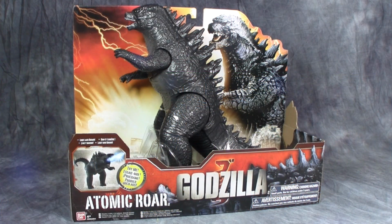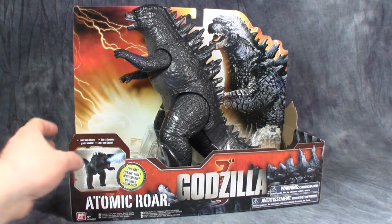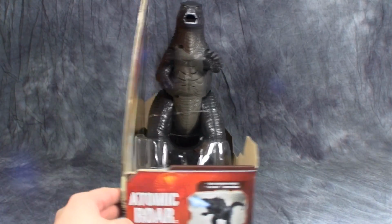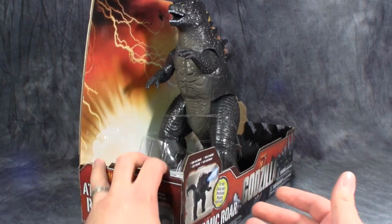What's going on, guys? Today we are looking at the Godzilla Atomic Roar figure from the brand new movie. So he is really zip-tied in this box. He is a very large figure, but the one thing I wanted to show you more than anything is this